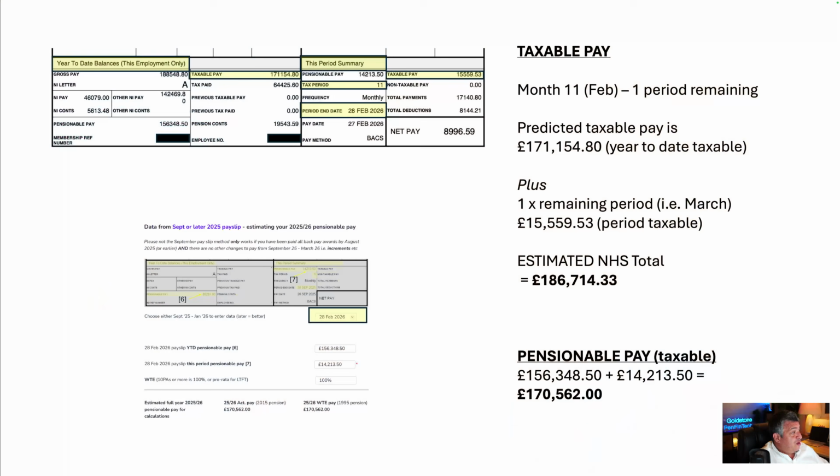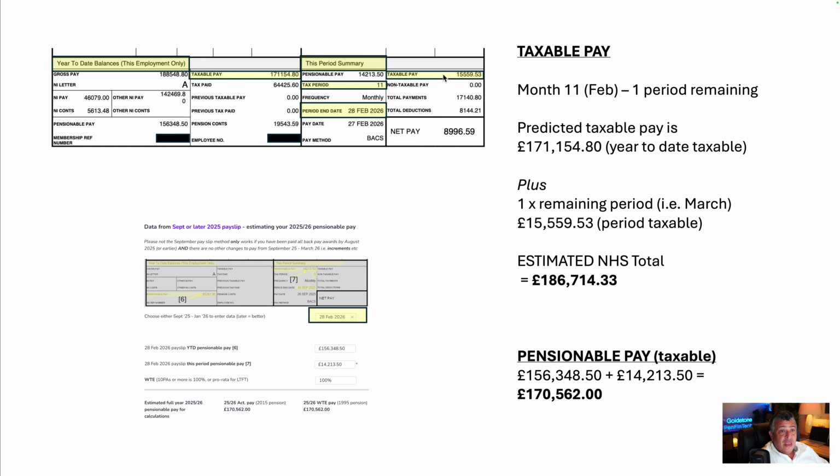So just moving over to an example payslip. So these came out today for the period end date to 28th of Feb 2026. So this is pay period 11. So this means that on the left hand side, the year to date bit covers 11 months pay. And then in the period summary, this shows the pay, both pensionable pay and taxable pay, that were earned in